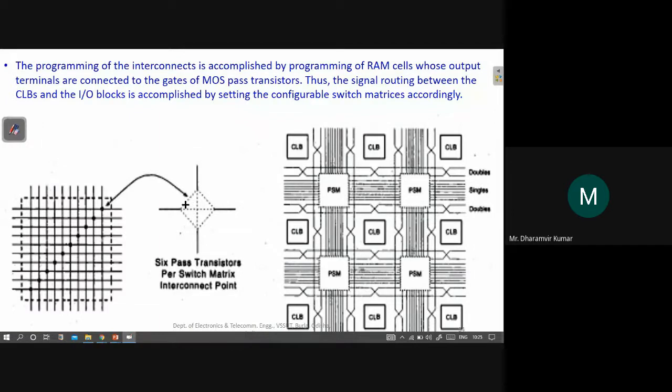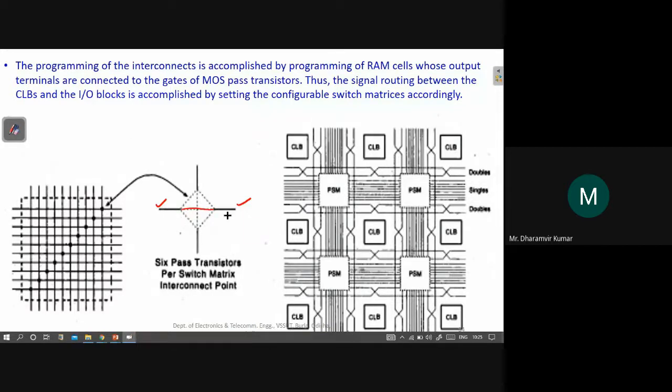In these dotted line connections, it will have transistors. For example, if I want to connect this line to this line, the transistor present on this particular line would be turned on, and the transistors on other lines would be turned off, so that a connection gets established between this and this.